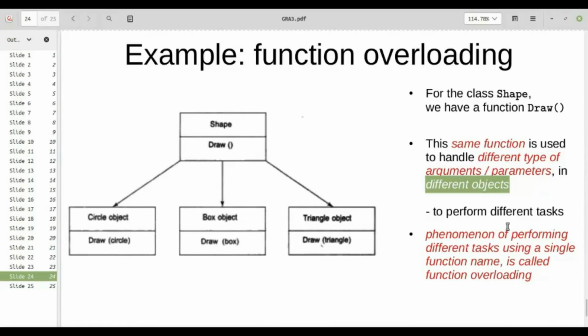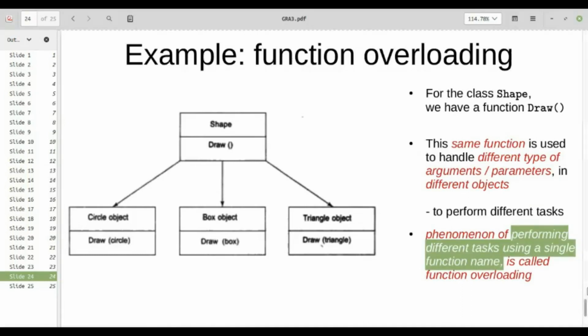Right? So this again is the phenomena of performing different tasks using a single function name. It is the phenomenon of performing different tasks, drawing a shape, a circle, a box, a triangle, a rectangle, whatever. So the same function, the draw function, is doing all of these things.